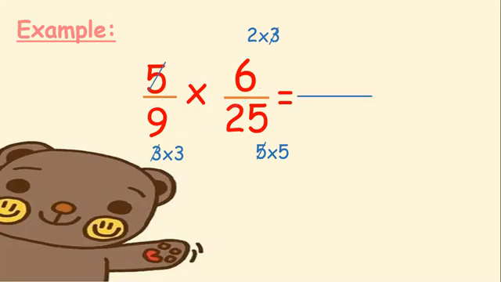Now we have to write what is left in the numerator and in the denominator. From the first fraction, it left nothing, or it left 1 because 5 is equal to 5 times 1. From the second numerator, it left 2 because we simplified by 3. We crossed the 3, so it left 2. And in the denominator, from the first denominator, it left 3. And from the other one, it left 5. So we write 3 times 5. And the final answer is